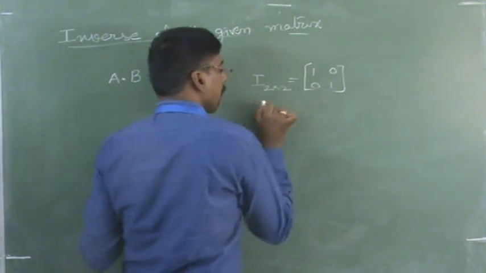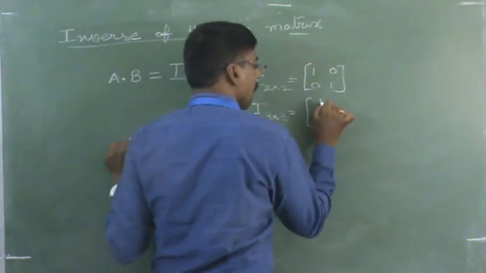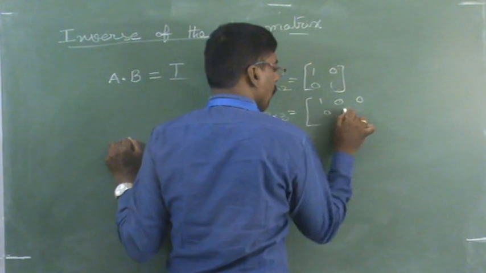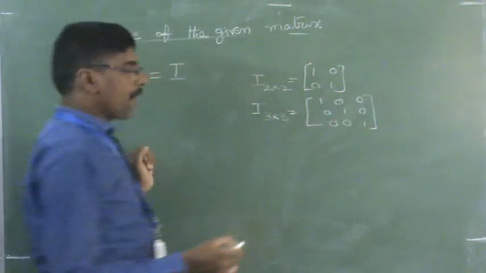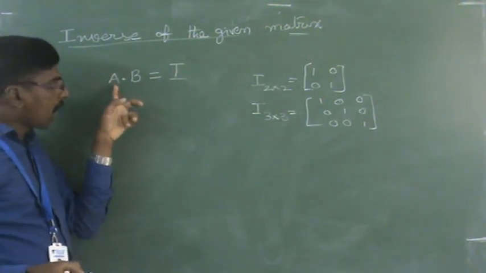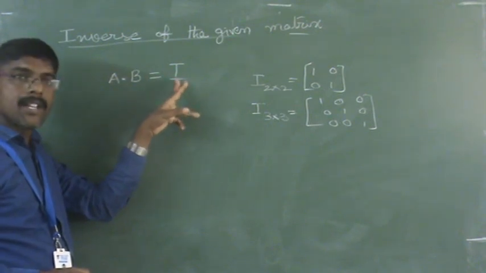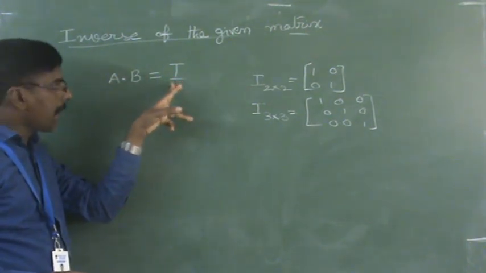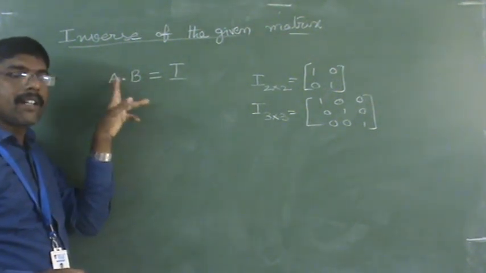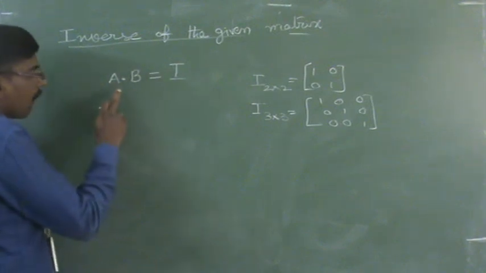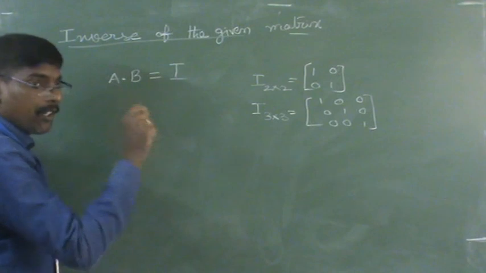For example, for the unit matrix of order 3 by 3, our answer should be 1 0 0, 0 1 0, 0 0 1. The answer will come like this. Whenever we do the product of these two matrices, our answer should come as a unit matrix. At that time, A is called the inverse of B, and B is called the inverse of A. Very, very important: whenever the product of the two matrices is a unit matrix,